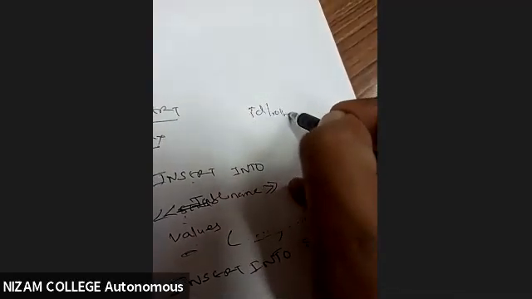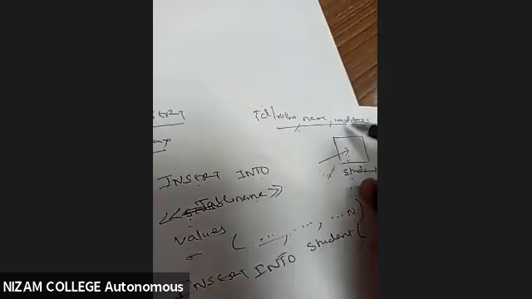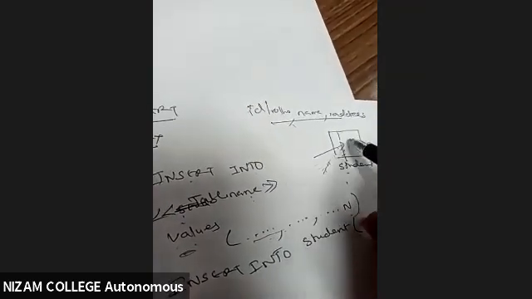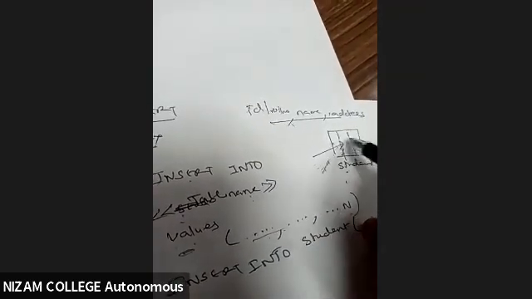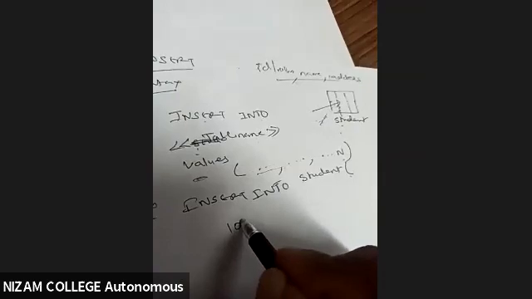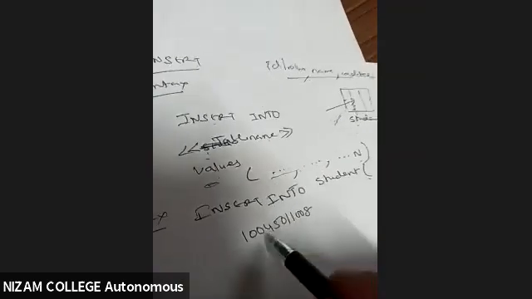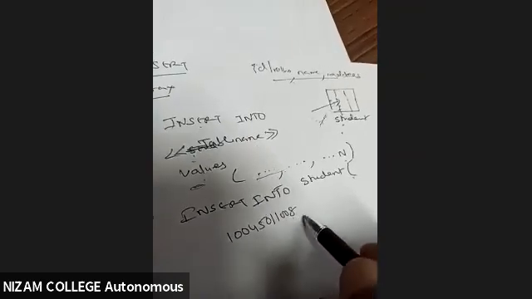So we have ID, or roll number. Then we have name. Then we have address. So we have three columns. Assume that there are three columns for this particular table. So what is the first one? Roll number. I have to specify my roll number over here, something like 1004, 1005, 1008. So this is my roll number.